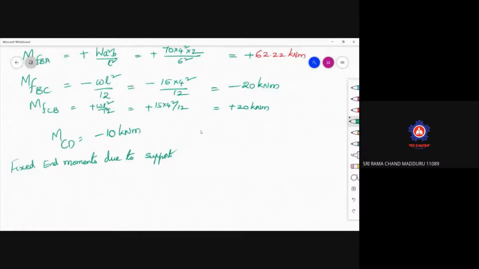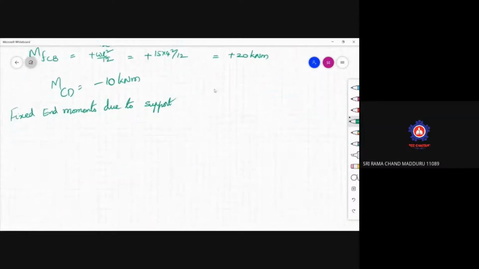Just you can mute yourself. Now let me continue to the next one. Here fixed end moments due to support settlement. So next continue. Fixed end moments due to support settlement. So in this, the first point is we need to first of all observe which support is sinking. So support B